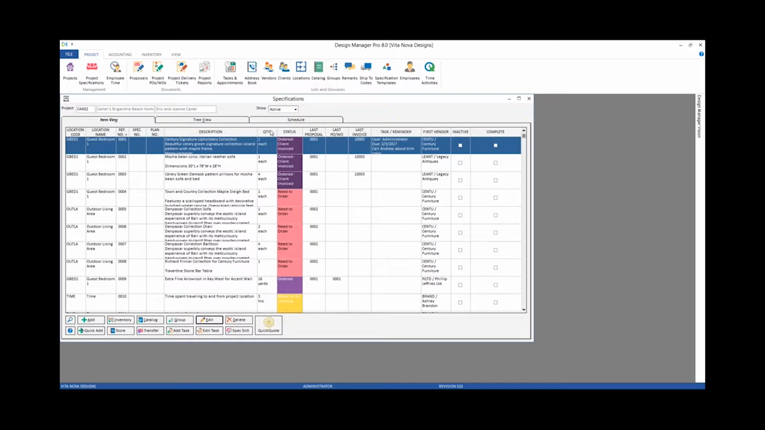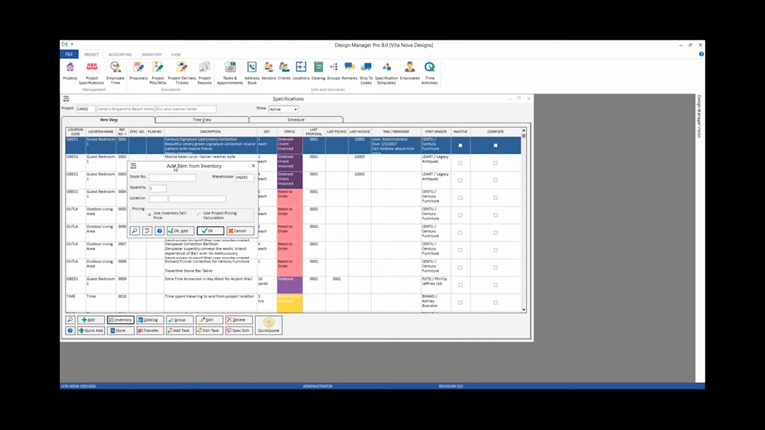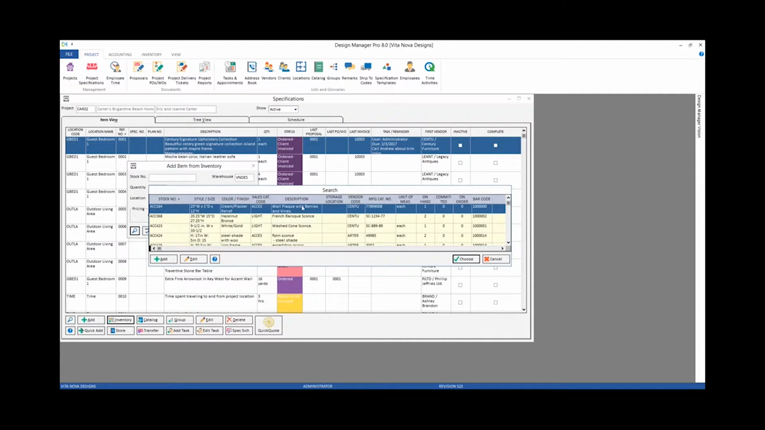On the specifications window, I'm sure many of you are familiar with the Add button, which would allow us to enter in a specific item custom for this project. But to the immediate right of that is our Inventory button. If I select that, I can add an item from inventory quite easily. I can use my inventory stock item search, and there's our wall plaque right at the top. To commit it over to the Carter's project,